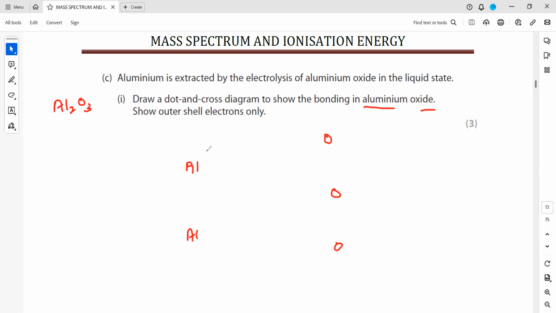And aluminium will lose all its valence, or last shell, electrons. So each aluminium will get a 3+ charge. And for oxygen, we draw the